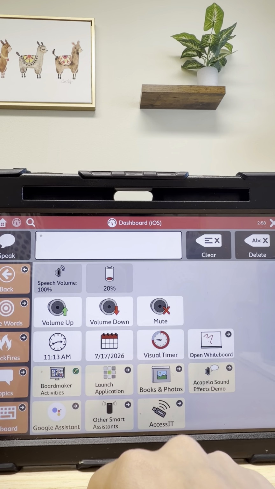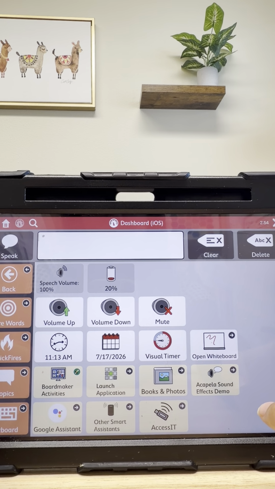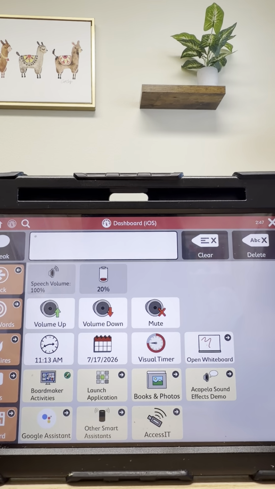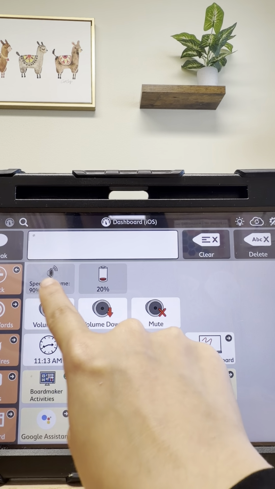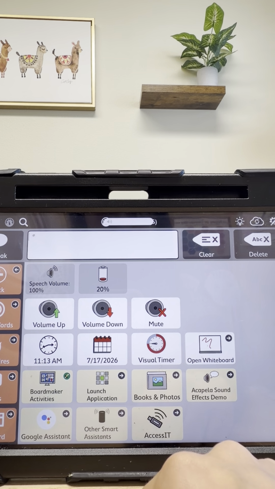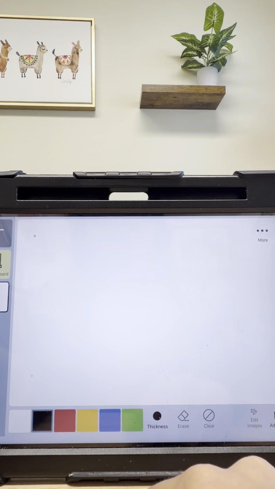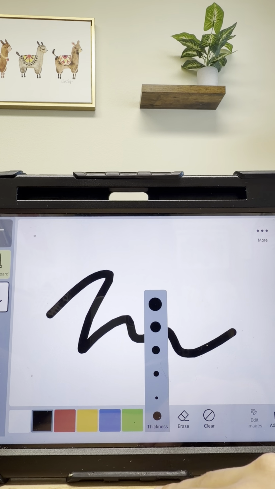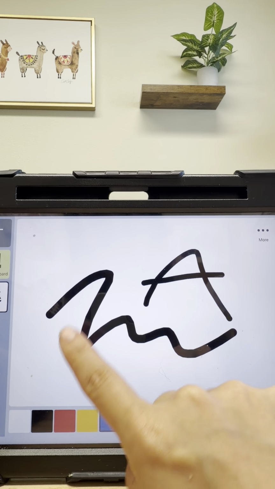I go up to the 3 minute, and now it's going to count down up there. This is, again, not super visual, but it is going to show you how much time is left up there. And then you can turn the volume down, and it's going to show you the speech volume up. It's going to show you the percentage of the iPad, and then opening a whiteboard in case you need to draw. I love this one, just if I am modeling different letters with kids,